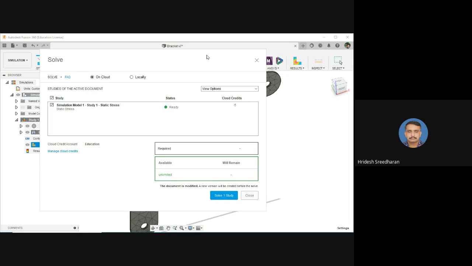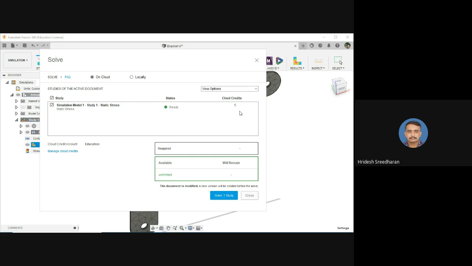If you are solving the same on ANSYS and all, it entirely depends upon our system, our laptop. So here, this simulation is going to be solved in the cloud. Okay, so you have an option here. You can either solve it locally, or you can solve it in the cloud. What difference it makes is that we need some cloud credits.